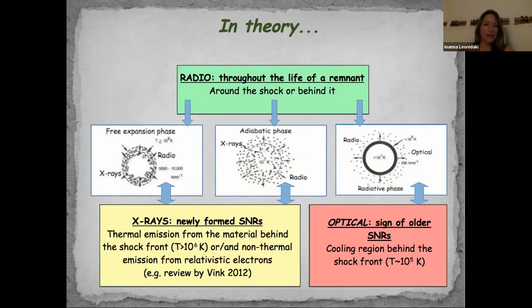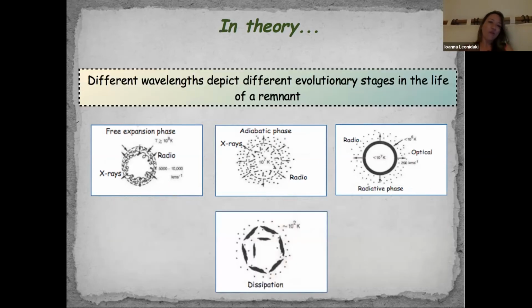And of course, you can see radio emission wherever throughout the life of the remnant. I think the only thing that the SNR needs to emit in radio wavelengths is a magnetic field. So from all the aforementioned, someone can definitely tell that based on this evolutionary model, each wavelength